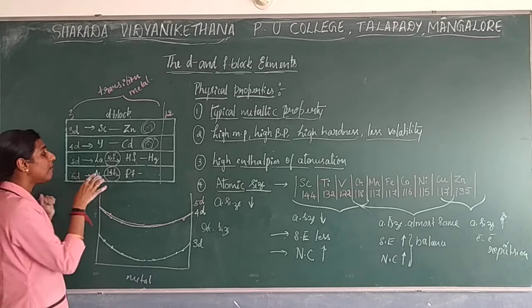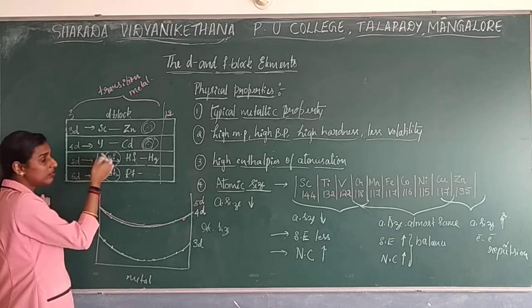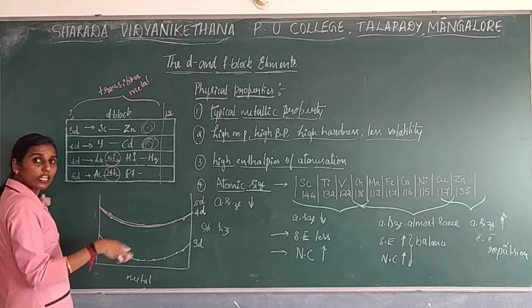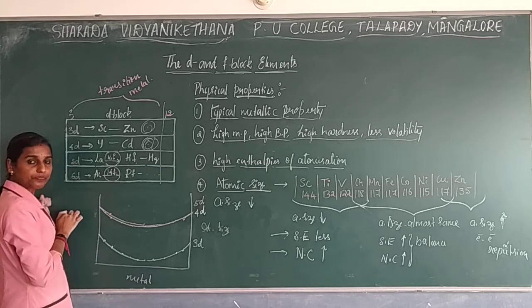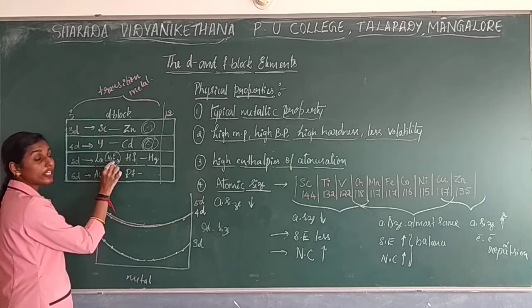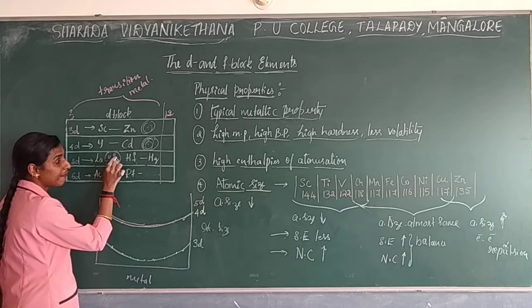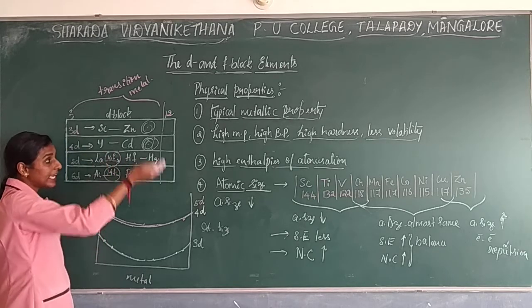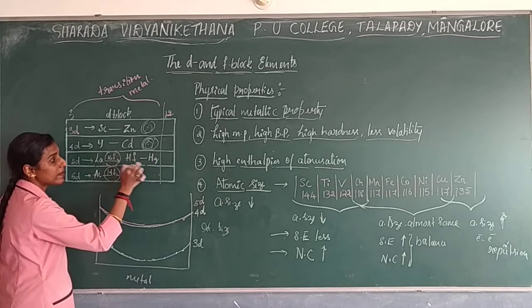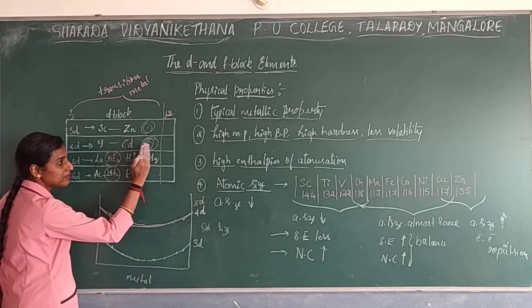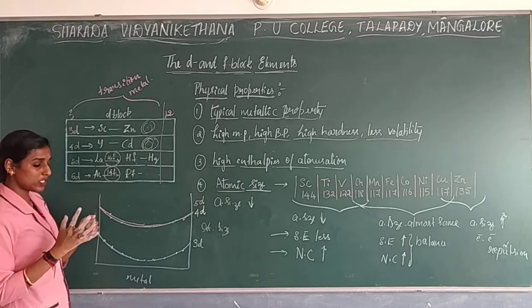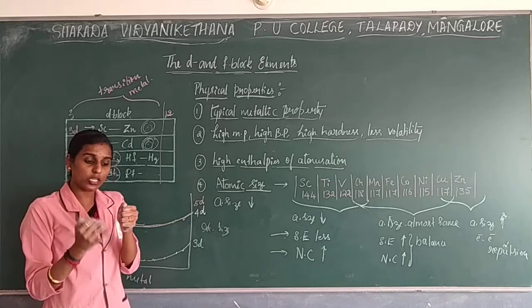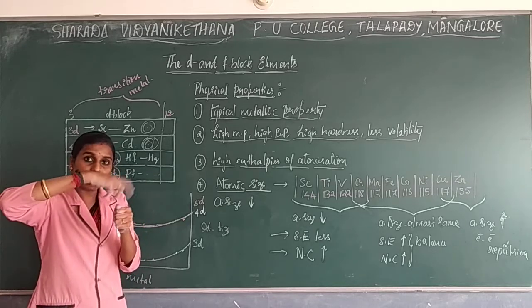So how will the filling take place after lanthanum? The next electron, when it goes with these 14 elements, will enter the 4f shells. Filling of electron will take place in the f shell first. Then the electron filling will take place in the d orbital. That's why a contraction of orbitals will take place, because filling of the inner orbital takes place first.